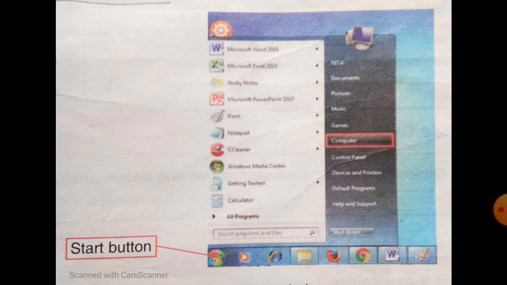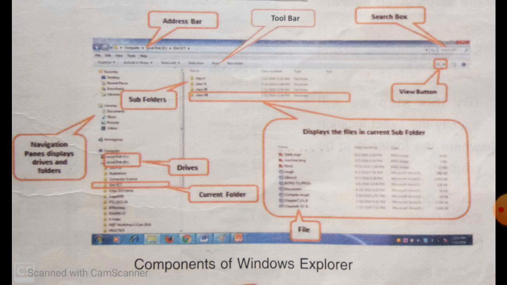We can also open it from the Start button and then click Computer. The Windows Explorer will appear as shown. Here are some components of Windows Explorer.